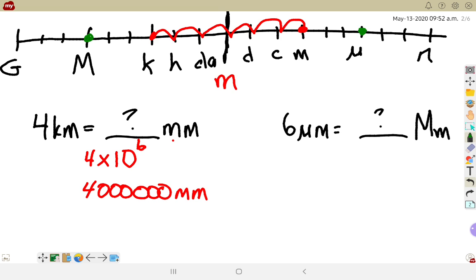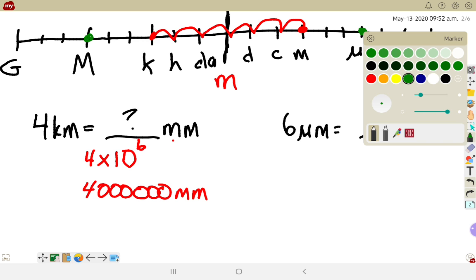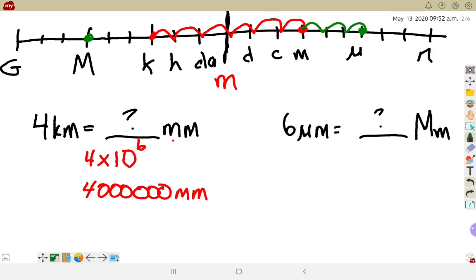Now when I start with the smaller measurement, that means it's going to represent a very, very small portion of the bigger measurement. So this time I'm moving to the left on my number line. I'm moving 1, 2, 3, 4, 5, 6, 7, 8, 9, 10, 11, 12 lines. And since I've moved to the left, I'm going to say that the conversion is 10 with an exponent of negative 12. So I'm going to take my 6 times 10 with an exponent of negative 12,